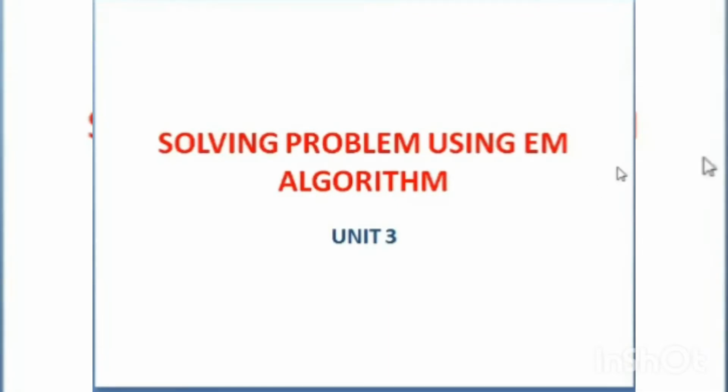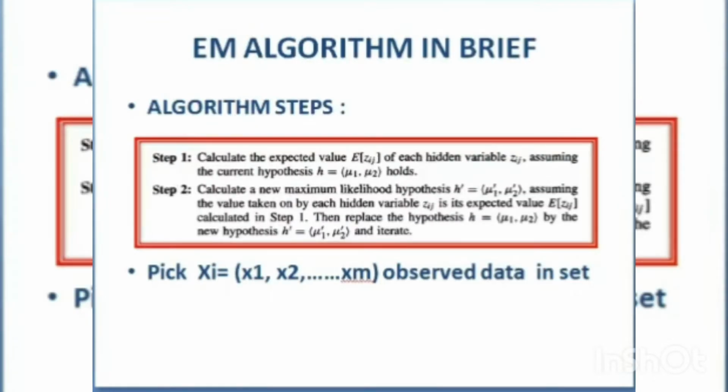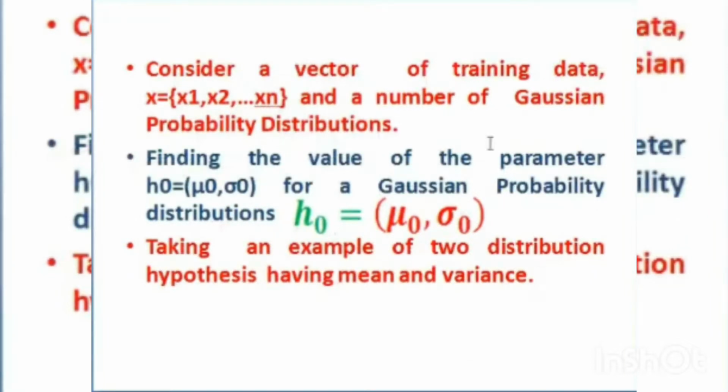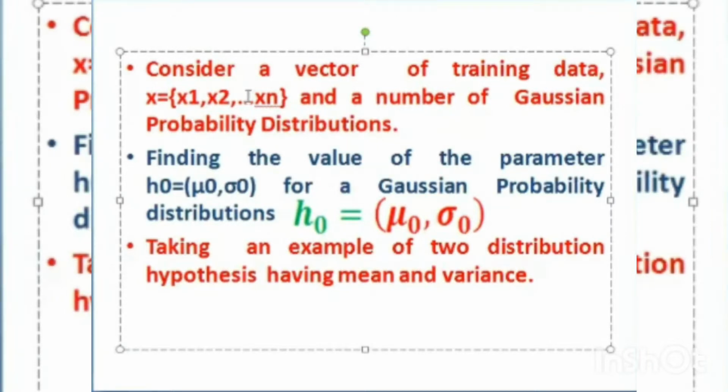Solving the problem using the EM algorithm. Got it? So now, just put in your mind these two steps. What is that? First, we'll calculate the expected value. First, I need to have data in the set, and then consider the Gaussian distribution probability of each. For each x1, x2, and xn, x1, x2 means you analyze as a student. First student, second student, so on, 14 students, and the probability Gaussian distribution is taken.